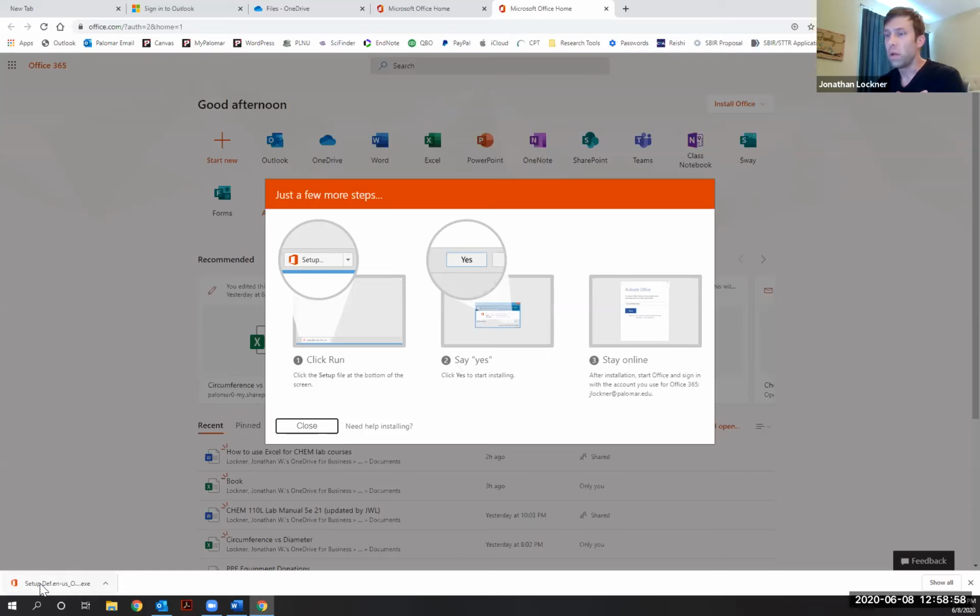So you would open up this file, click run, it would say, are you sure you want to install this software? And you click yes, and then it'll go through the installation process. And then the first time that you open one of the apps from that Office 365 package, whether it's Microsoft Word or PowerPoint or Excel,